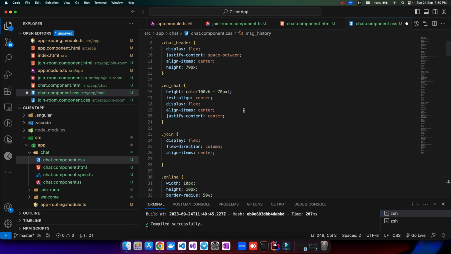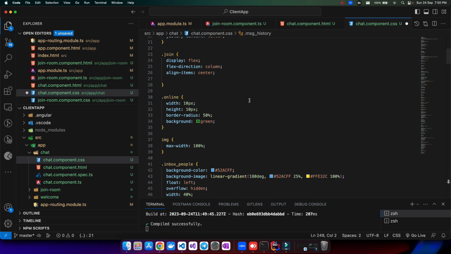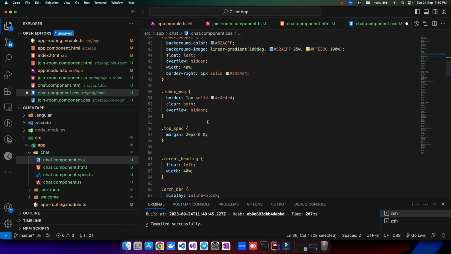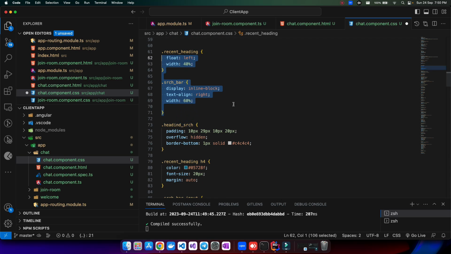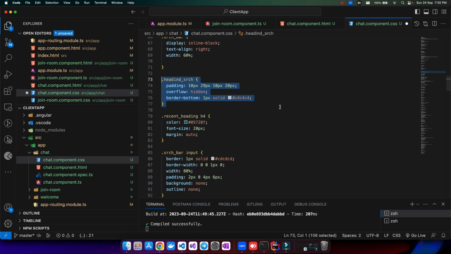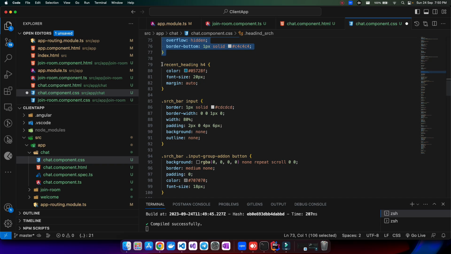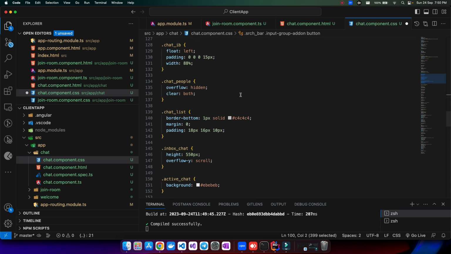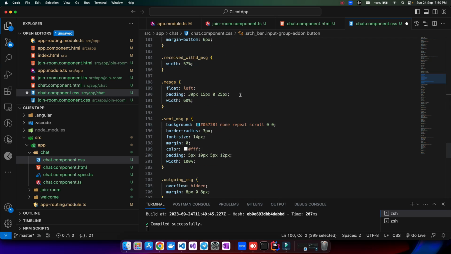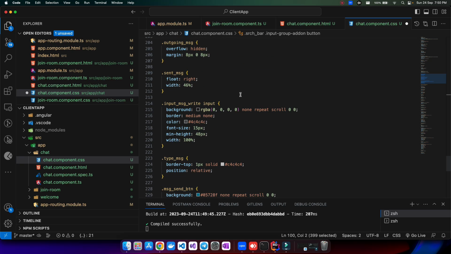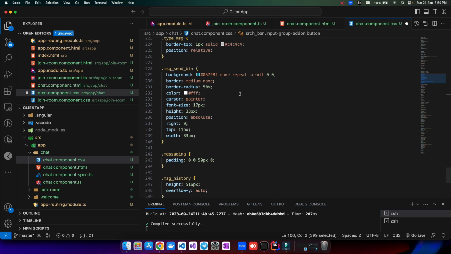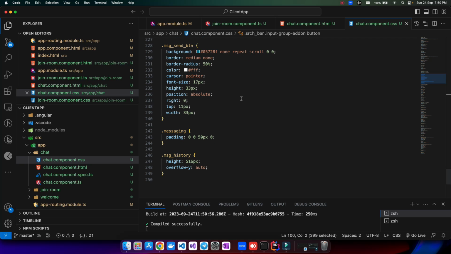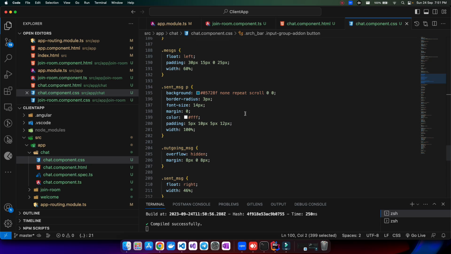So this is how the CSS side looks. This is my join, my online button, my image, my inbox people, inbox message, top space, recent heading, search bar. This is my heading search, what is on the top. This is my h4 heading tag, whatever I will be creating. This is my search bar, inbox. This is my chat people, inbox chat, and I will keep all of this for you in the video, but if you still want it, you can take it from the Patreon directly, or you can become my member and ping me on Telegram or Instagram